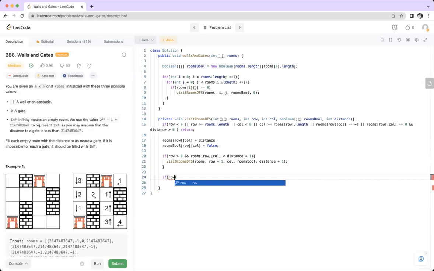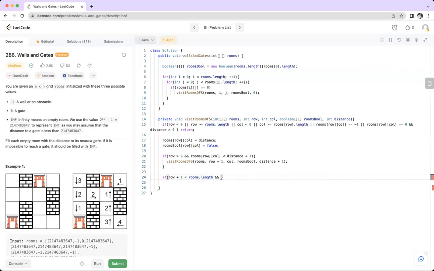Row plus one should not be less than rooms dot length. Okay, so row plus one should be less than rooms dot length. Row plus one could be either rooms dot length minus one,